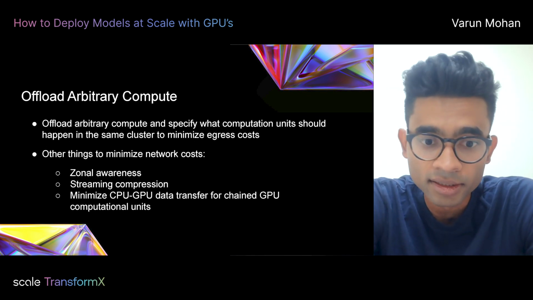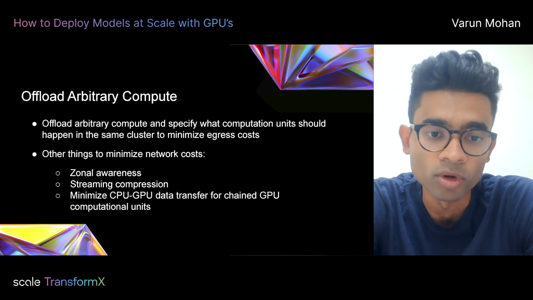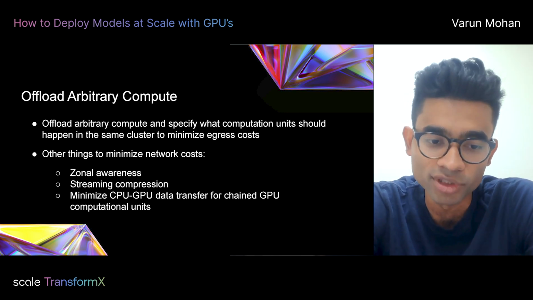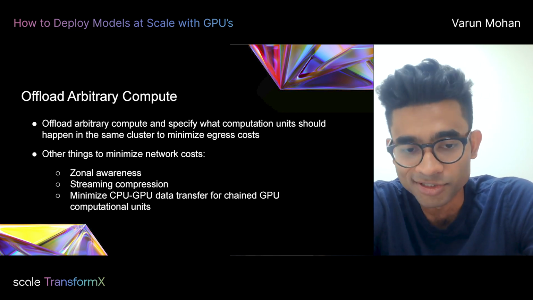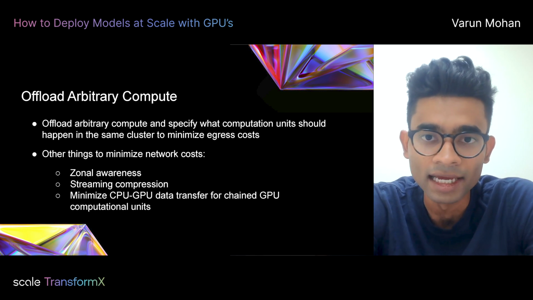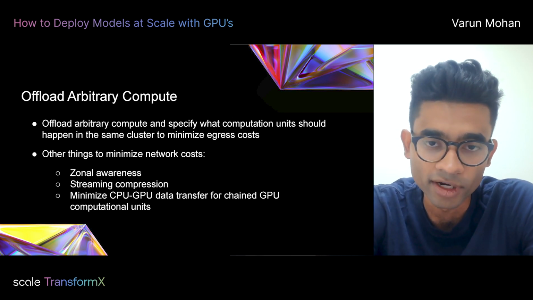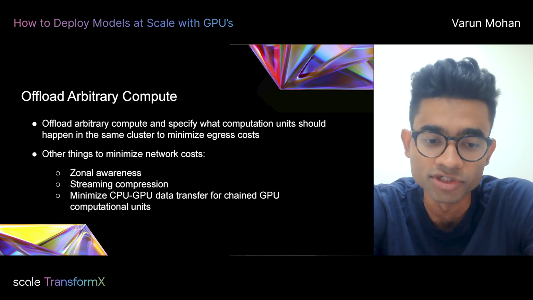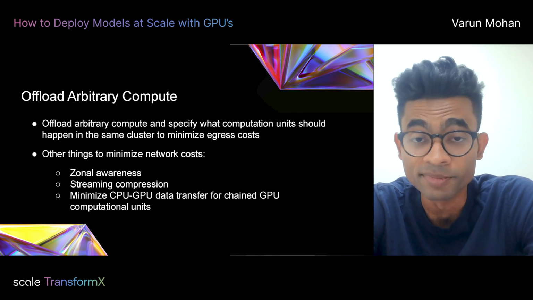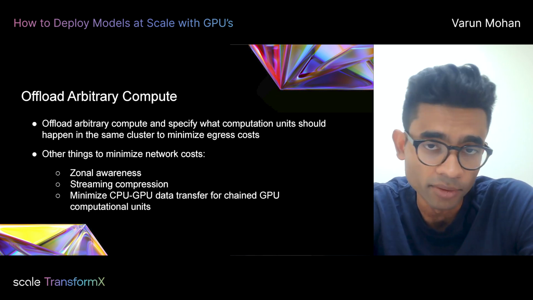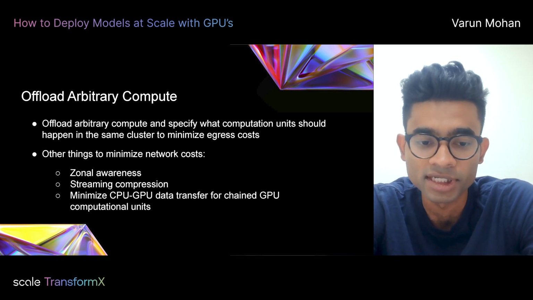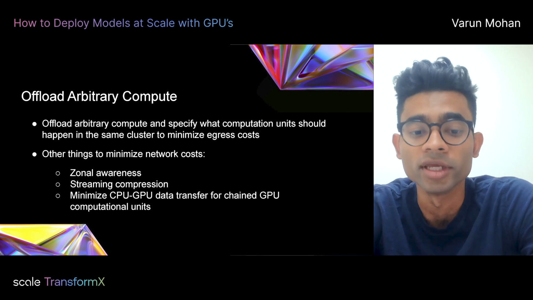Yeah, and then finally, coming back to the network cost side, you want to be able to somehow reduce round trips, right? Egress costs are high, but at the same time, network bandwidth is limited in some cases. And since GPUs are quite expensive, you want to figure out all the ways that you can saturate the GPU. Some ideas that we employ at Exafunction are always making sure the scheduling that we do for GPUs is zonally aware of where the clients are. What that allows is you can end up scheduling GPUs in such a way where you pay no egress, right?